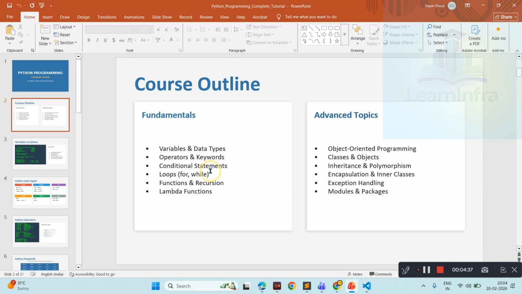So we just use a loop keyword in Ansible and loop through some values. Then I'll show you how to create functions, what is recursion. Then I'll show the lambda function, which is an anonymous function where you don't have to define the function. Once fundamentals are covered, then I will teach